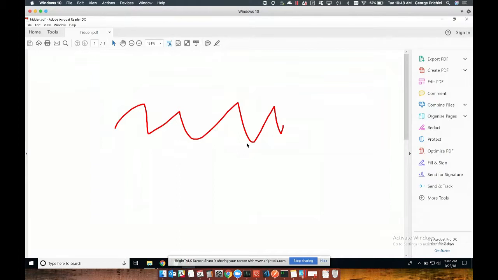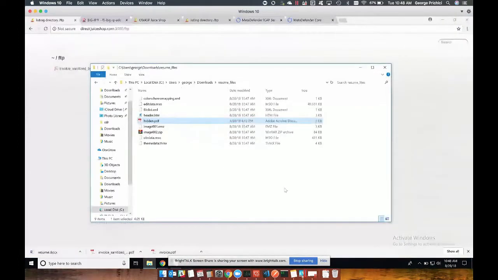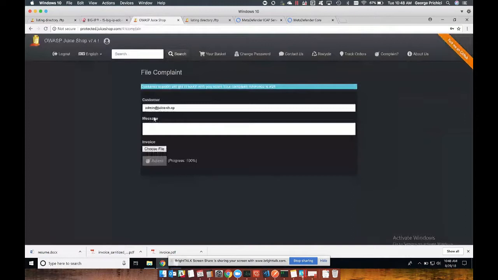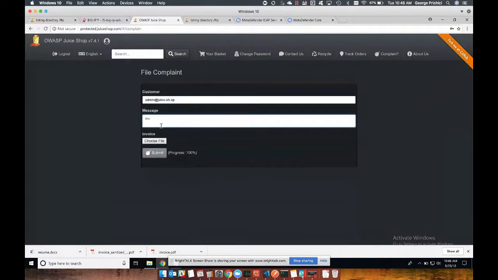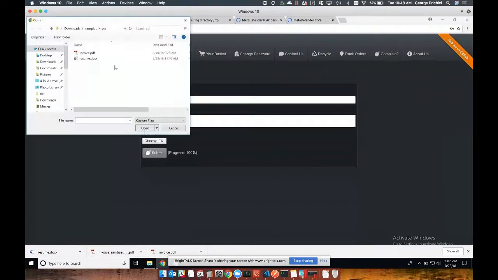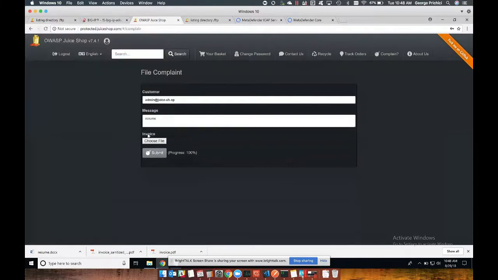You have an image embedded in a document, which is embedded in a PDF, which can be embedded, I don't know, in an Excel file or things like that. And that's going to easily bypass the conventional way of handling these kinds of files, especially when the mindset is that those productivity files are not going to be malicious. And let's try to upload this resume